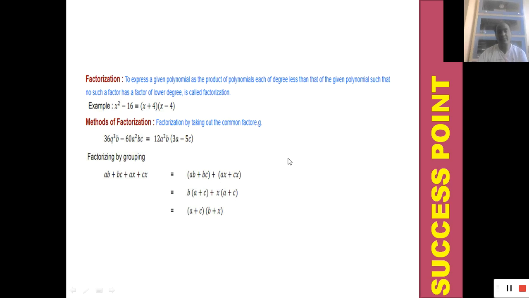The methods of factorization are of different types. First is the common factor. If any equation has a common number or common variable, it can be separated by taking it as a common factor, and the others are put into a separate bracket. Next is factorization by the grouping method. Here, like terms are collected in one bracket and the others in another bracket, then again take the common factor from these and solve by the factors.